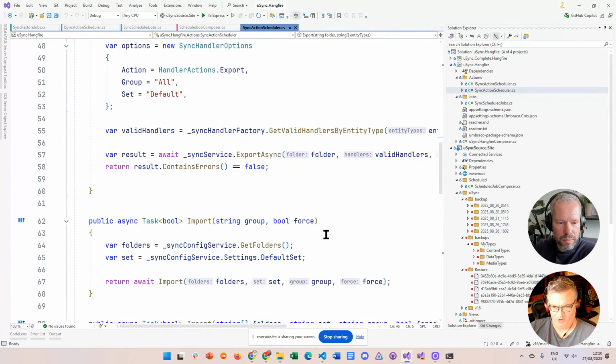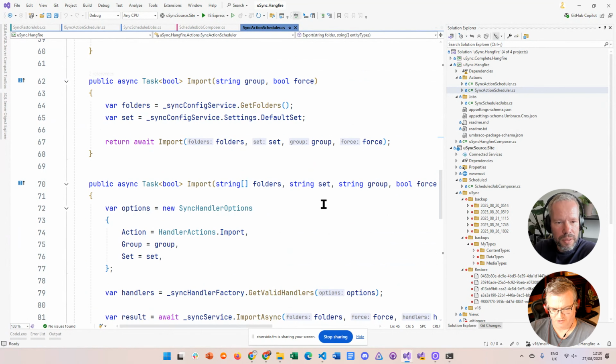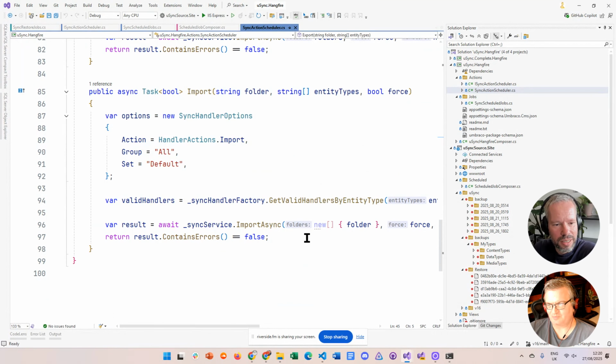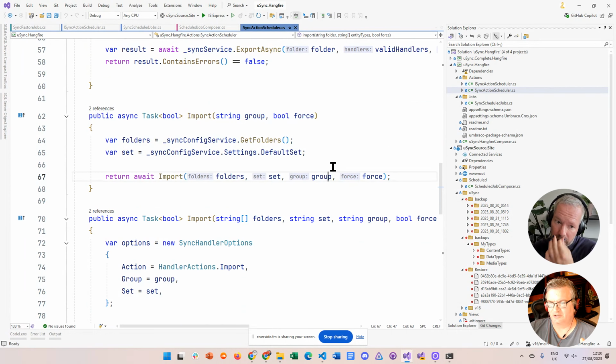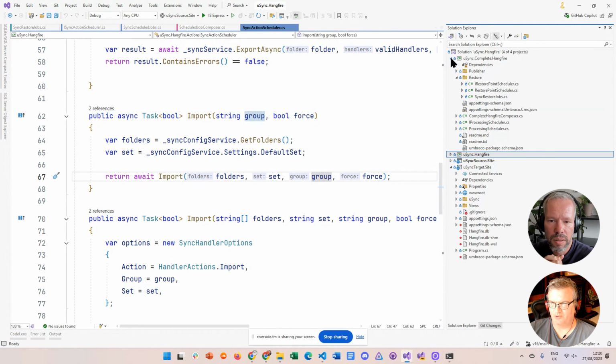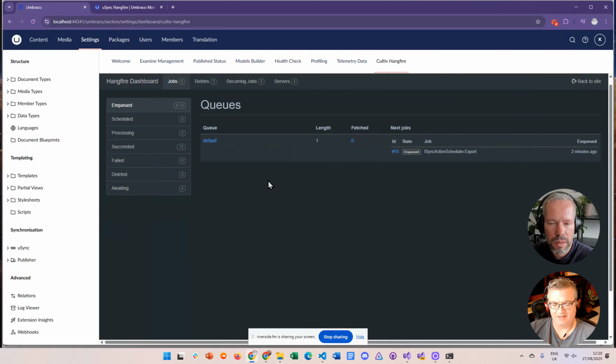It's really import and export because I didn't think report was that useful a thing to do, but maybe people might want to schedule a report. Maybe. And so that's the sort of thing it does. And then as an added bonus, there's also one for uSync Complete. And so the uSync Complete one does uSync Completey things. So